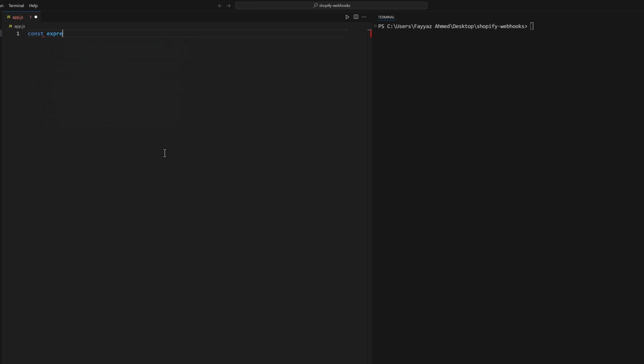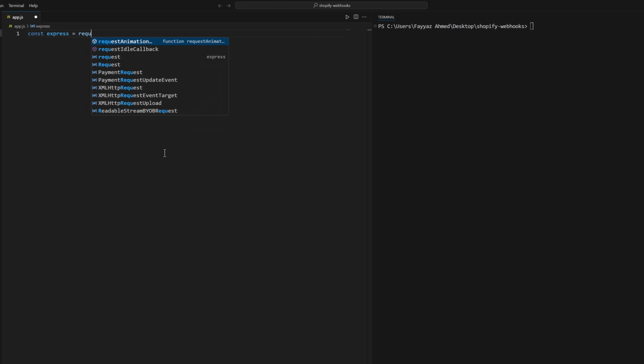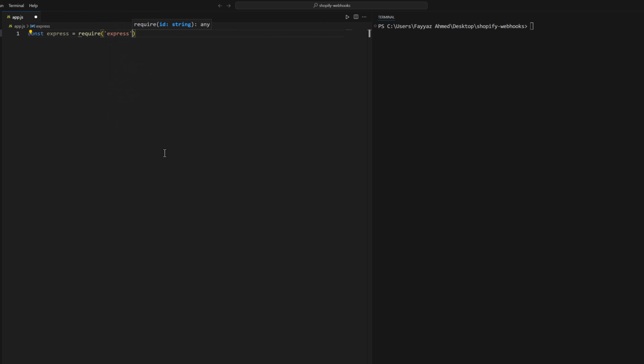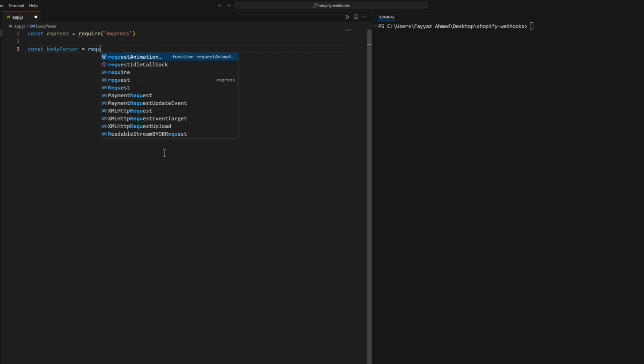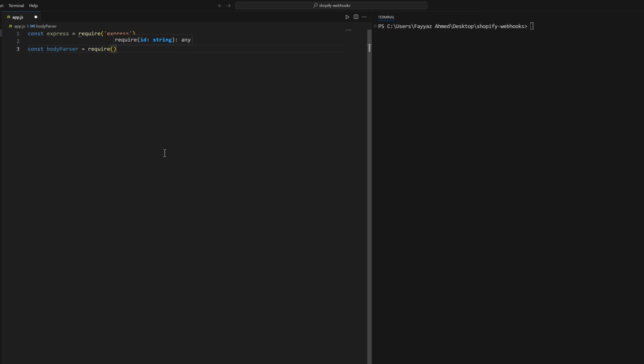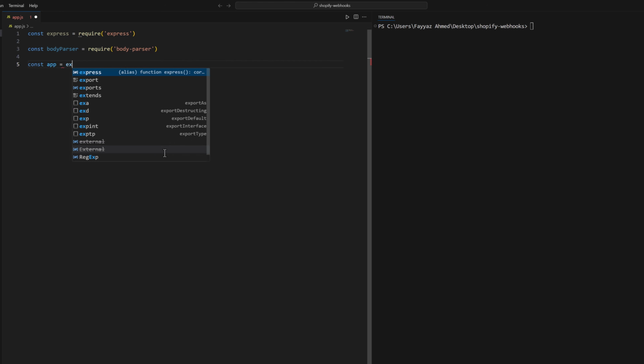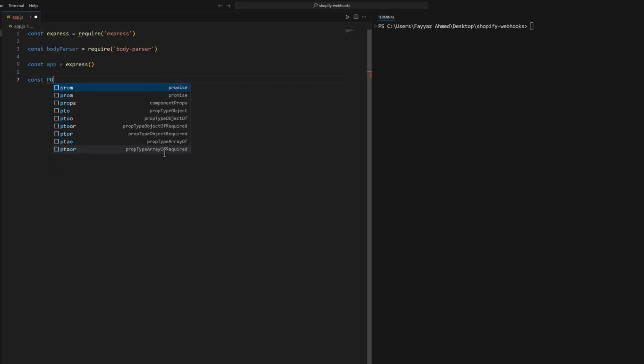and I will type const express is equal to require express, and then const bodyParser is equal to require body-parser, and next we need a variable, const app is equal to the express function, and we need a port. Const port is equal to 3000,